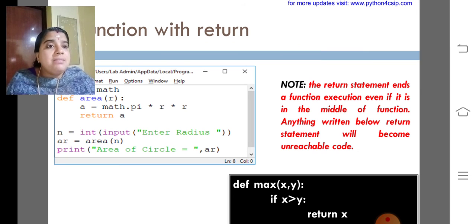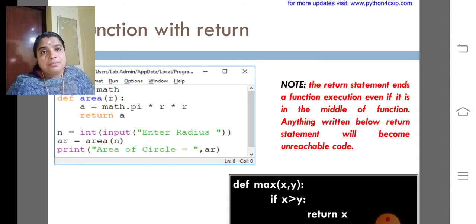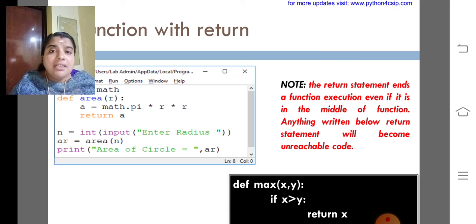The return statement ends a function execution, even if it is in the middle of a function. Anything written below the return statement will become unreachable code. That is, we should remember to give the return statement only as the final statement, because after doing the task, return will give a return value to the calling place.